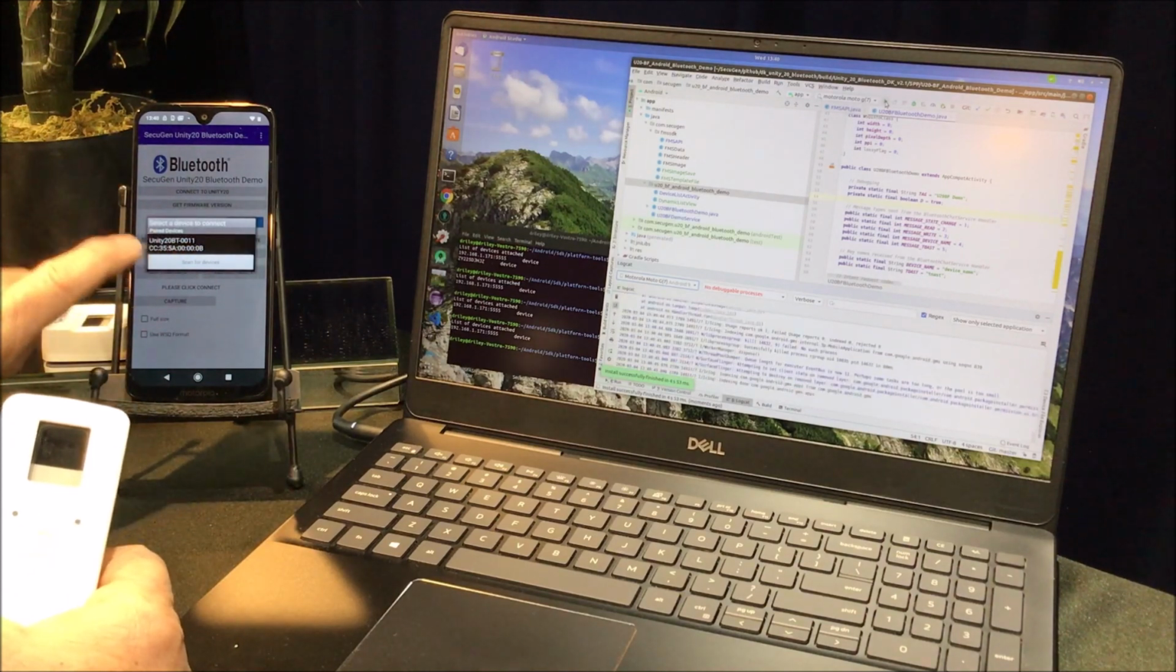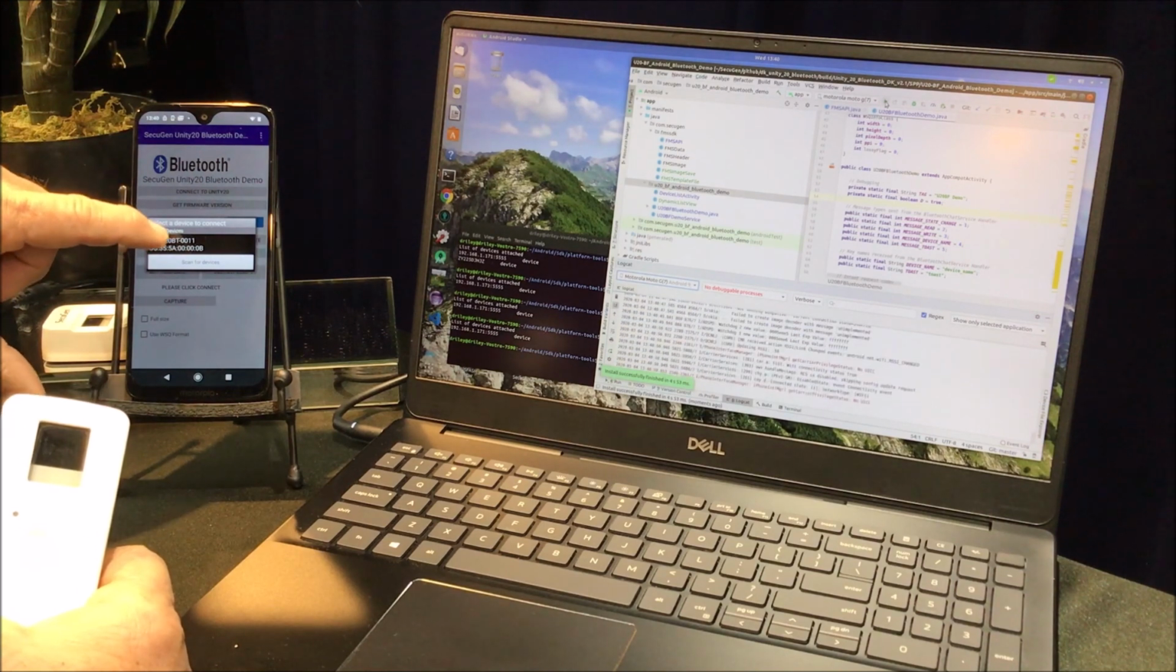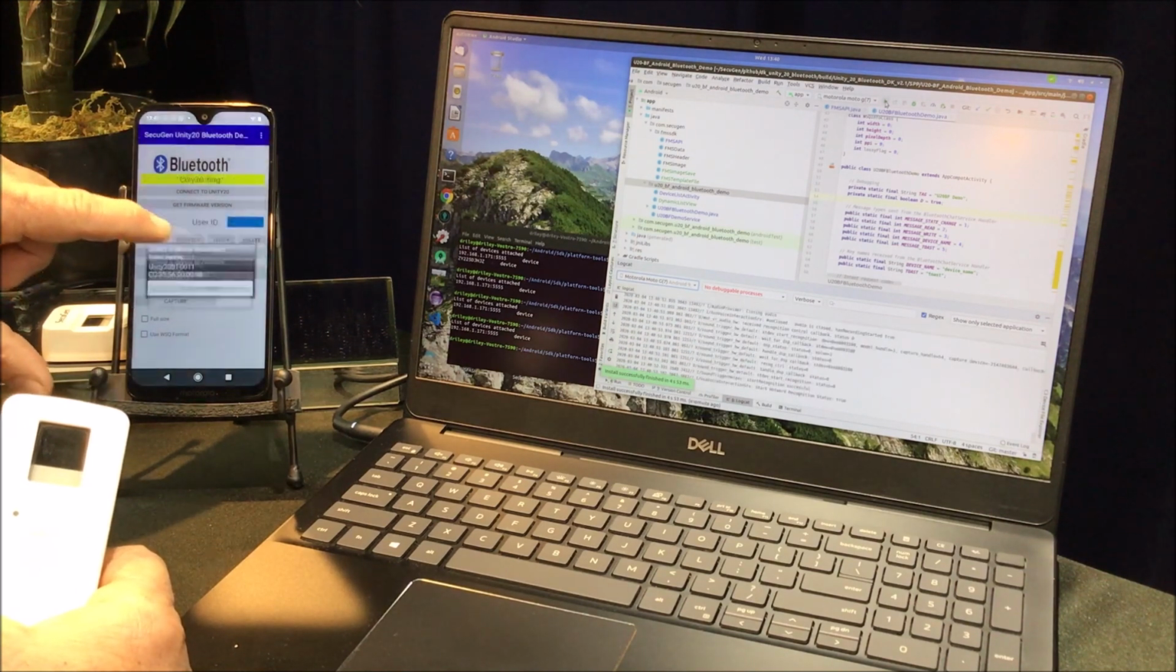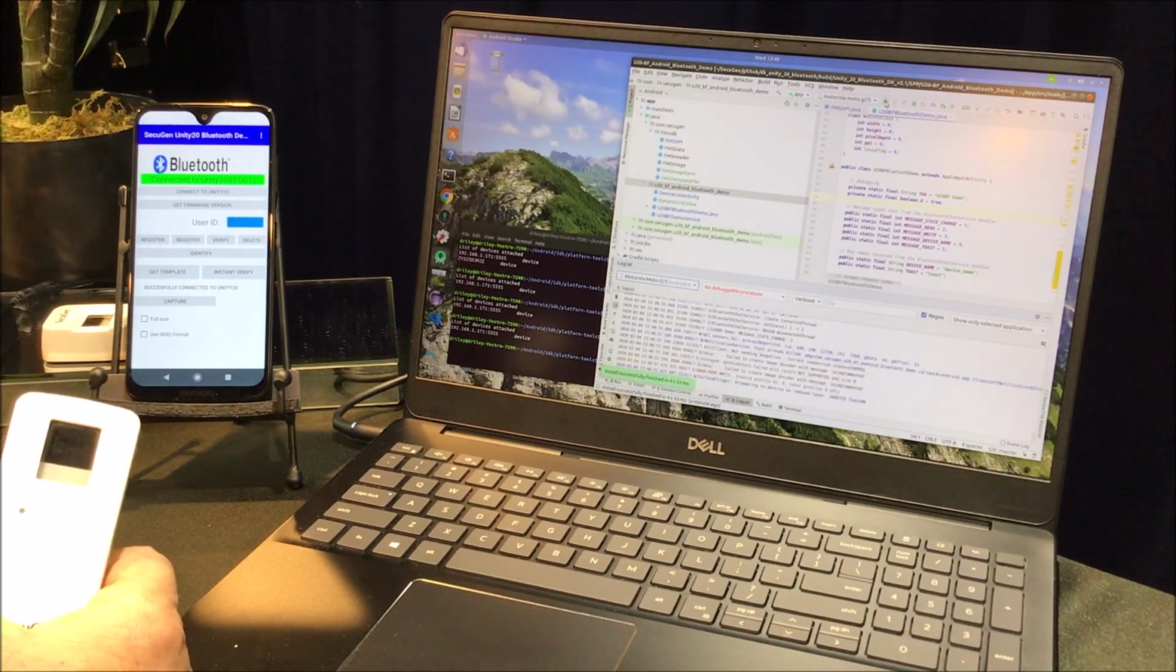At this point, you can see that the Unity 20 Bluetooth 0011 that I paired with a few moments ago is available, so I will select that device. Now it will attempt to connect, and as you can see, we are now connected to Unity 20